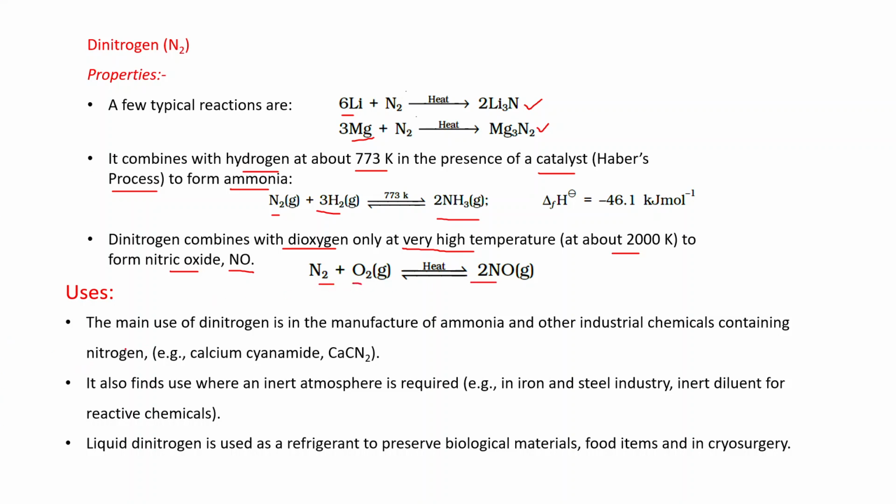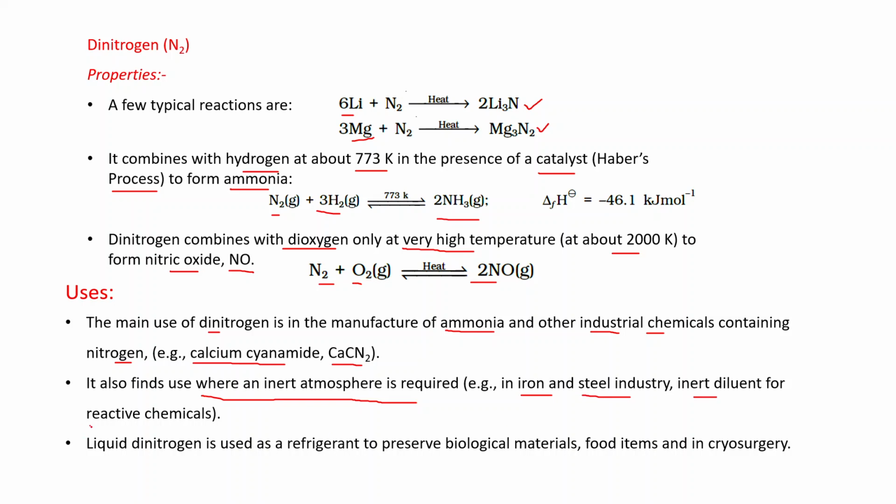Uses. The main use of dinitrogen is in the manufacture of ammonia and other industrial chemicals containing nitrogen, for example calcium cyanamide, CaCN2. It also finds use where an inert atmosphere is required, for example in the iron and steel industry, as an inert